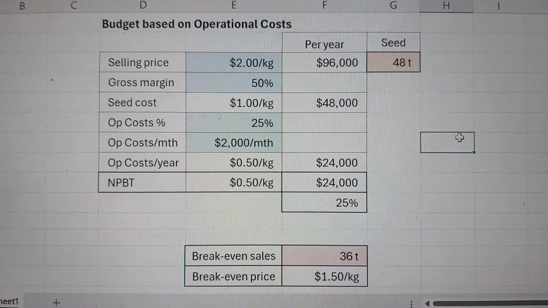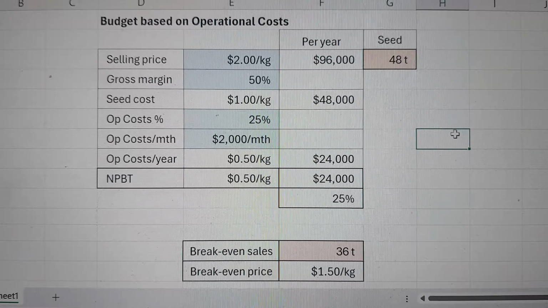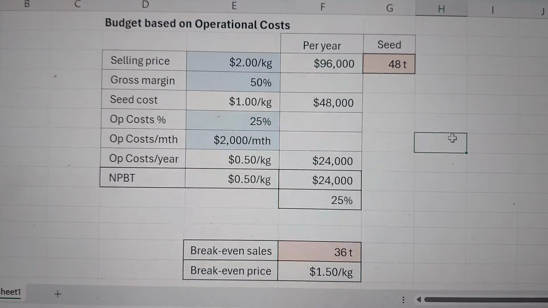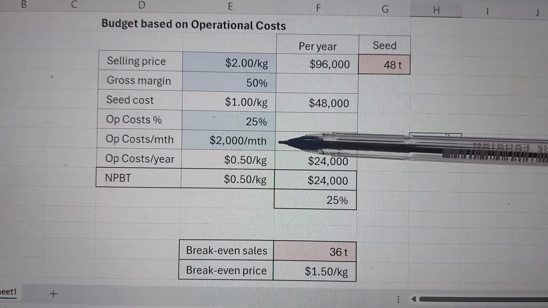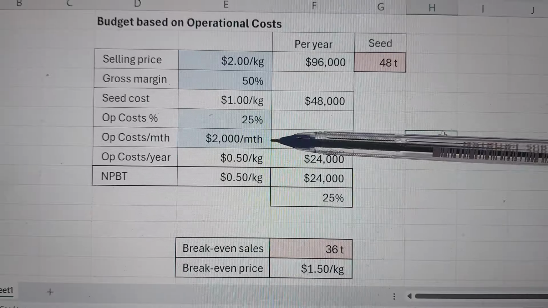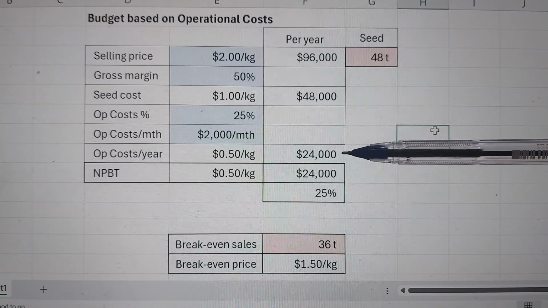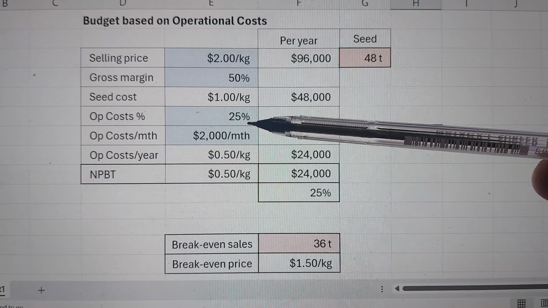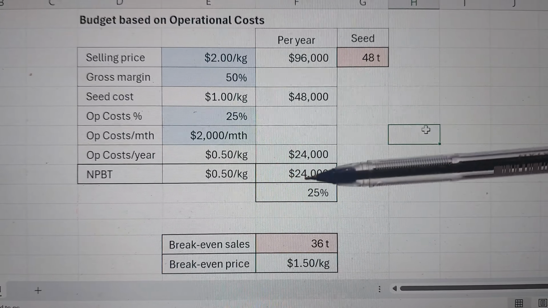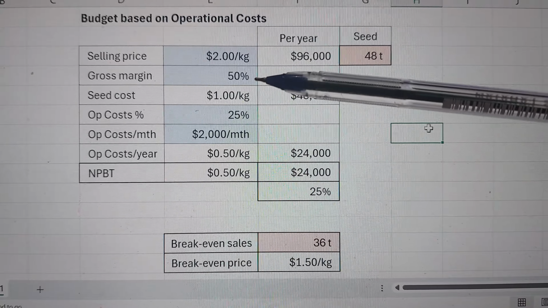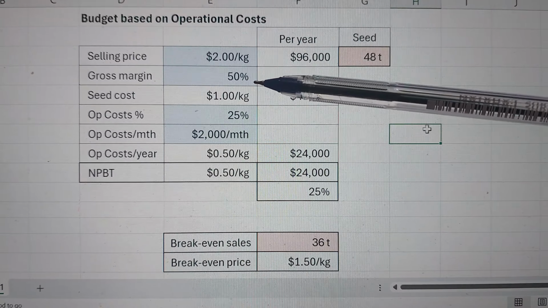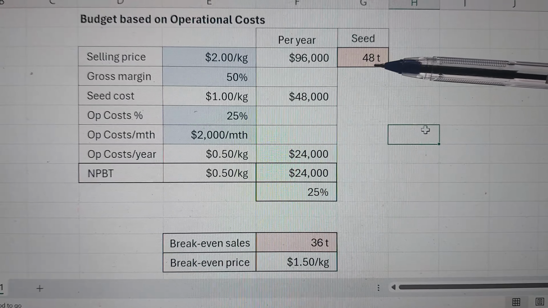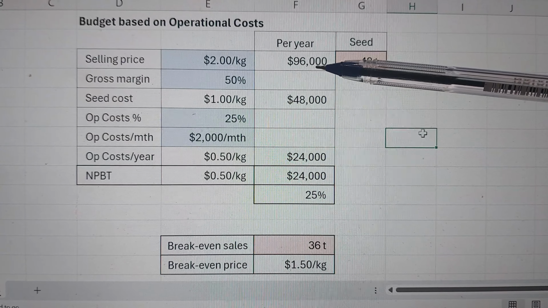Here we have the simple spreadsheet that calculates your budget parameters based on your operational costs. Now in this instance, like I showed you on the paper, we have our operational costs of $2,000 per month, which comes to $24,000 per year. Now if our operational costs are 25% of our income, then it calculates all these things based on a gross margin of 50%. So in this case, we need to sell 48 tons of seed in order to earn $96,000